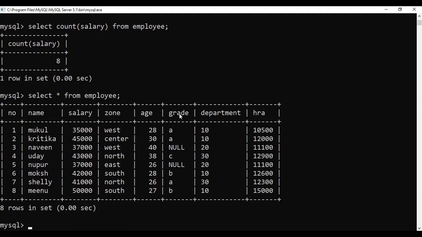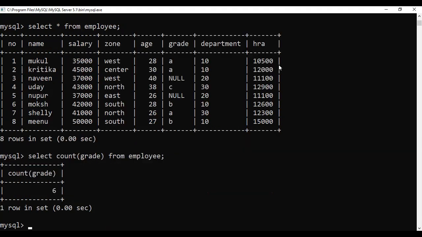If I select count of, the same thing applied to the grade column, count of grade from employee, what will happen? When I applied the count on the grade column, the number you got is 6.